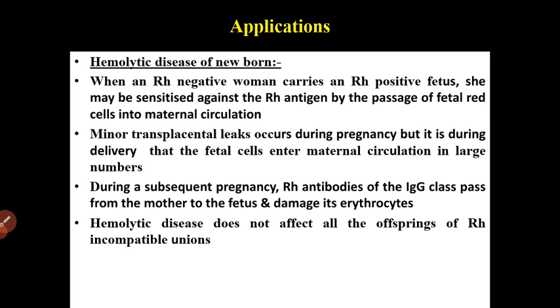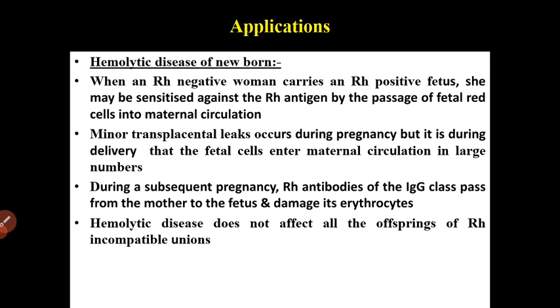Now, feto-maternal ABO incompatibility. What happens? Rh immunization is more likely to result when the mother and fetus possess the same ABO group. When Rh and ABO incompatibility coexist, Rh sensitization in the mother is rare, and so in this situation, the fetal cells entering the maternal circulation are believed to be destroyed rapidly. Okay, understood? And they are destroyed by whom? By ABO antibodies before they can induce Rh antibodies.